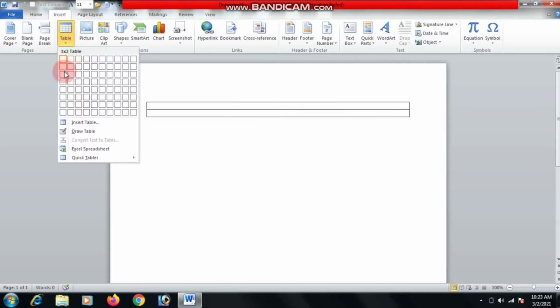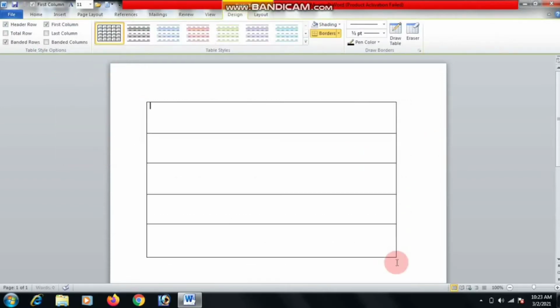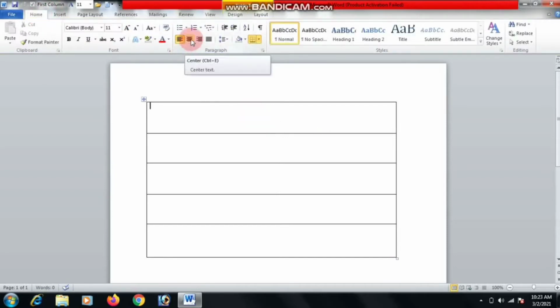Now we insert four rows and select the table, go to the home menu and click on the cell alignment option, meaning left alignment, right alignment and center alignment. First we use the center alignment, meaning we take the text to the middle position of the cell.